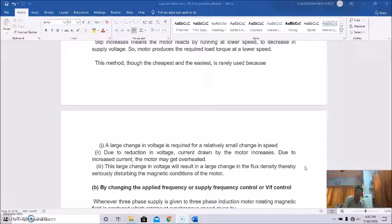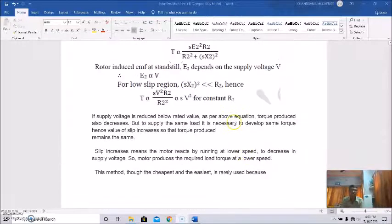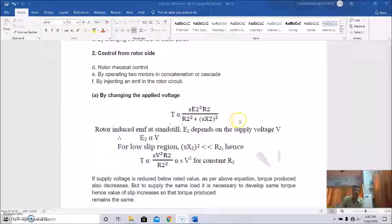So this large change in voltage will result in a large change in the flux density, thereby seriously disturbing the magnetic conditions of the motor. That's the very reason why this method, though very cheap and easy, is rarely used. So from the stator side, by changing the applied voltage we can change the speed,